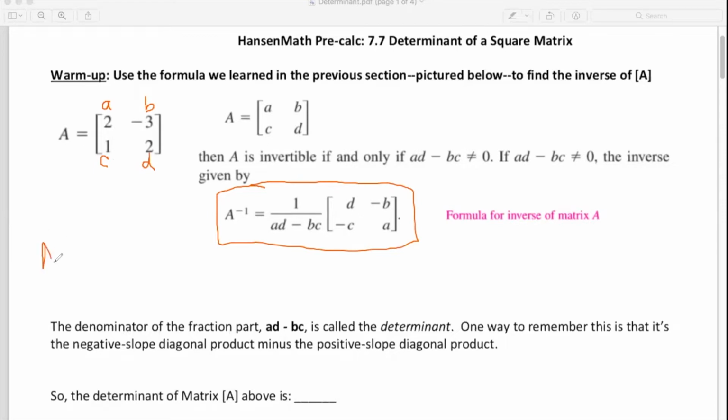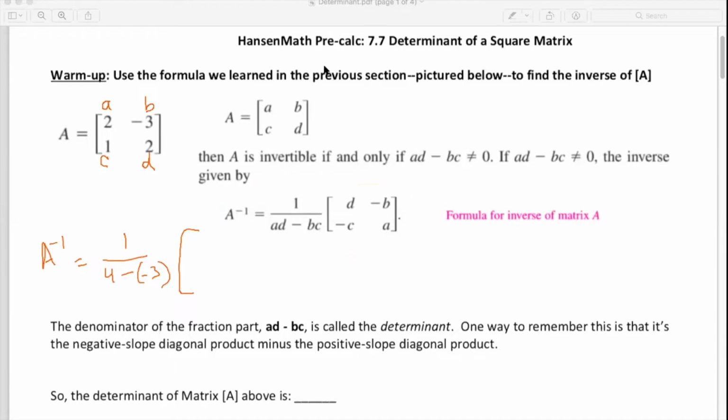So we have A inverse equals 1 over AD, this kind of negative sloping diagonal product. 2 times 2 is 4, minus BC, which is the upward sloping diagonal product. Negative 3 times 1 is a negative 3. And now we multiply that times this new 2 by 2 matrix, which is